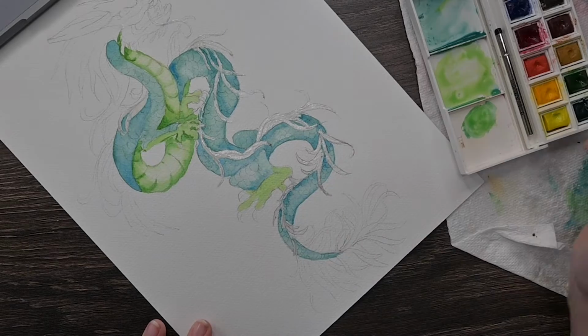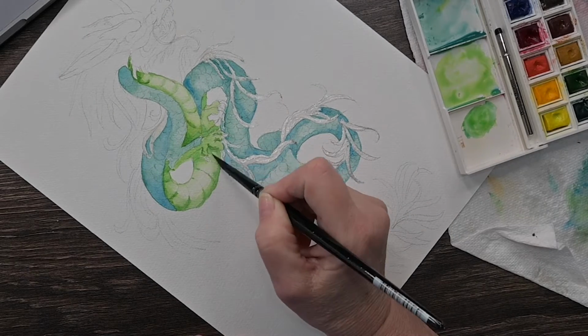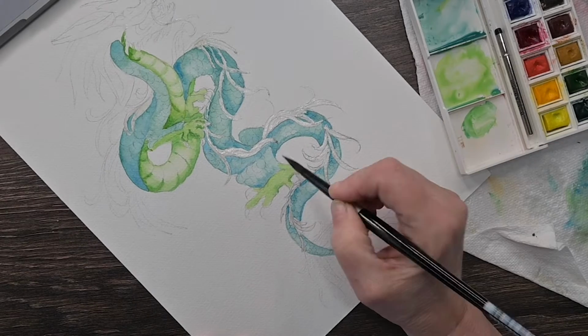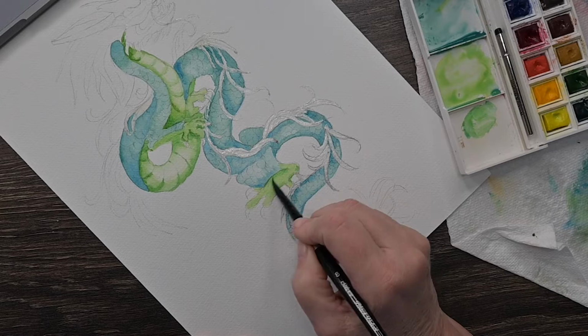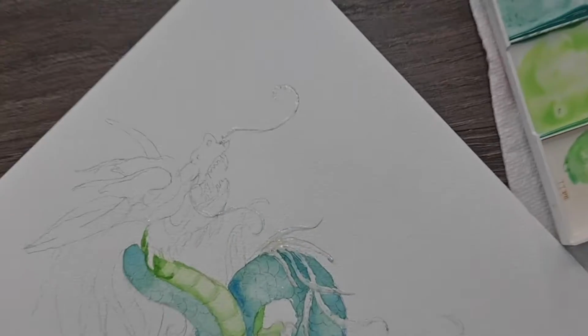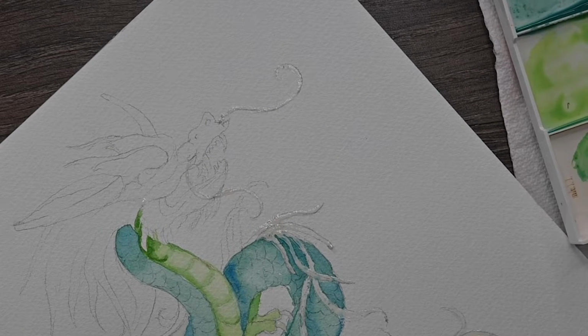Now his bottom claws, or his back claws, I'm also painting those this pale yellow green. I really like that color. And so that's what I want to do for there. I don't want everything to be the same color. I want to have a little contrast. So once you get that done, we're going to start working on